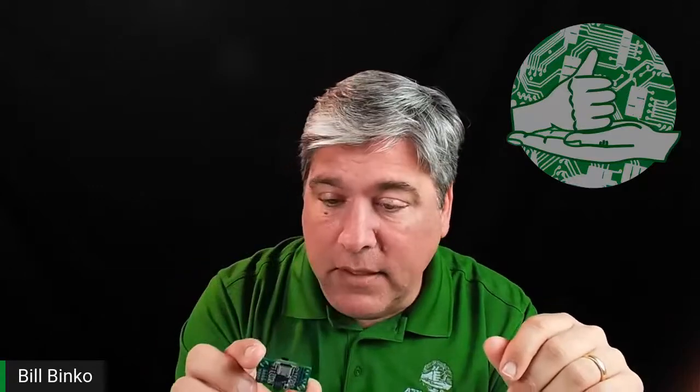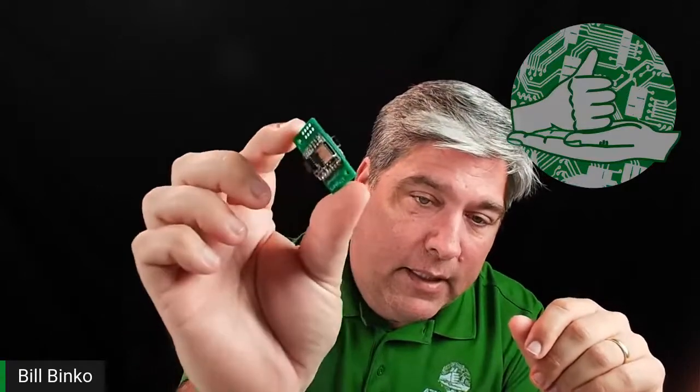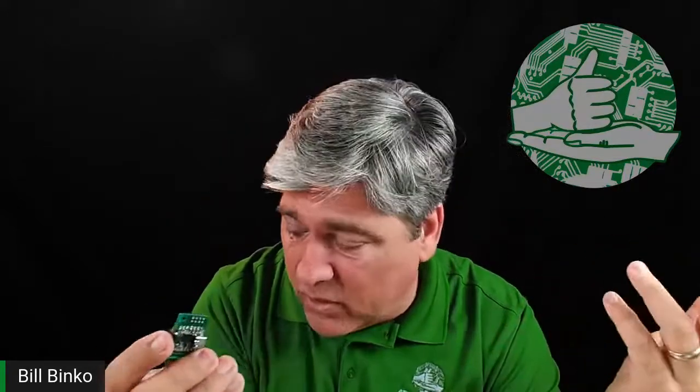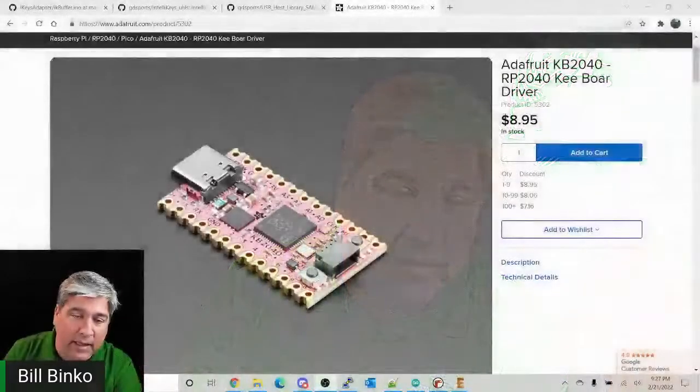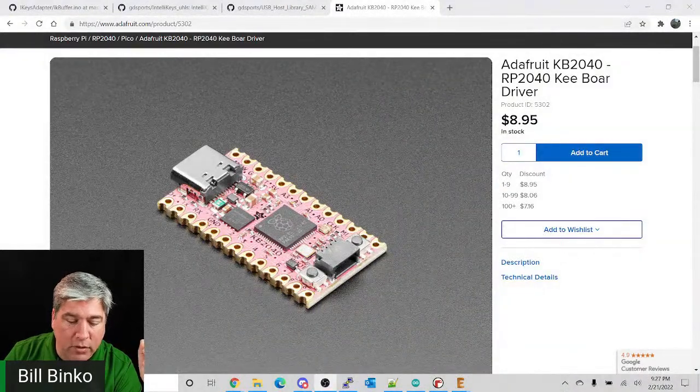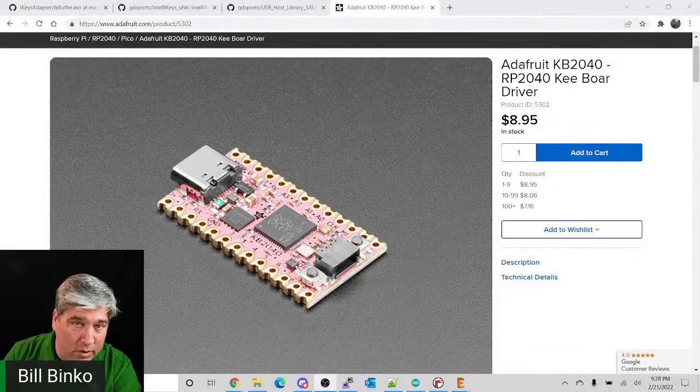And so that means that you can't do back to back like this because you've got to have a cutout for the devices. So it just makes them bigger. The KB2040, one of the nice things about that is that it has nothing on the back, right? So it's very easy. You could put these back to back if you wanted to. There's no need to put cutouts on